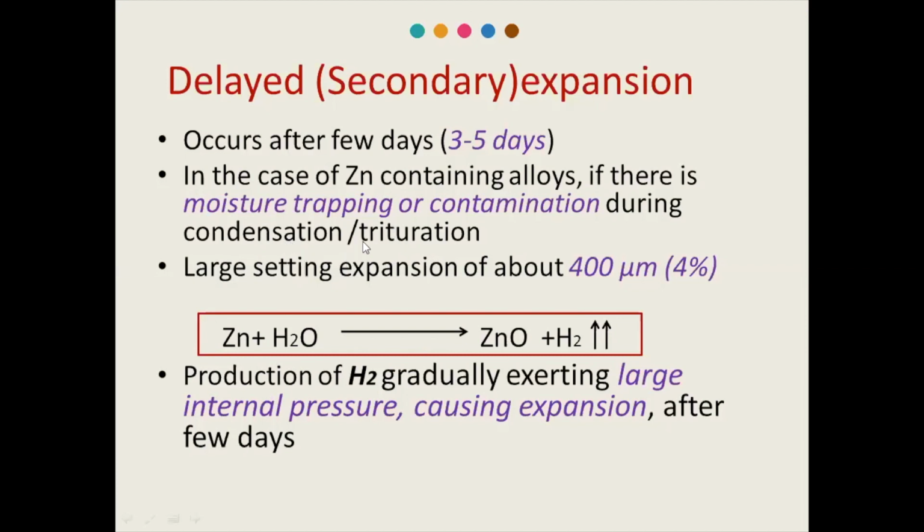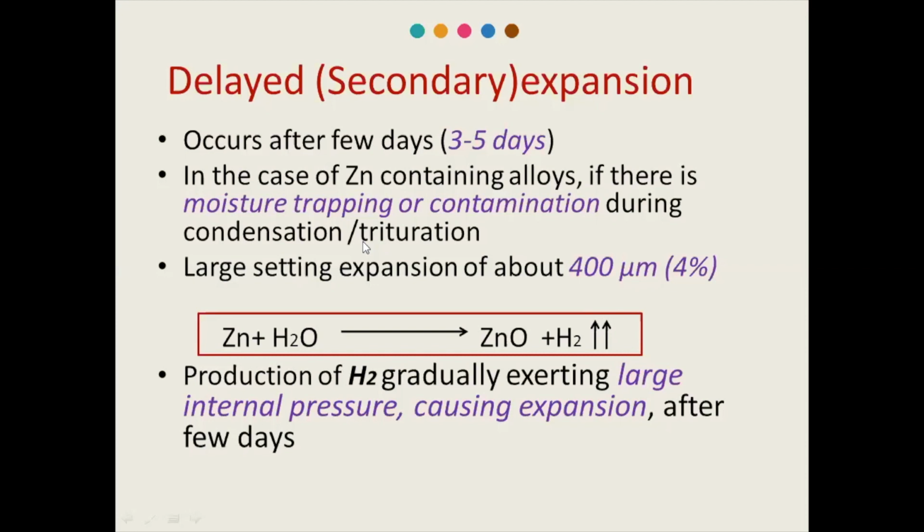If it happens afterwards, then there will be no delayed expansion. But if this is happening during this procedure, the contamination can come from the operator's hand, or the saliva, or the air water syringe present in the dental chair, which we use to dry the tooth cavity. If it is contaminated by that water also, then